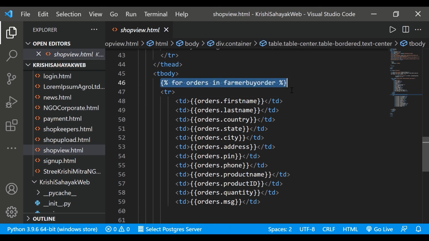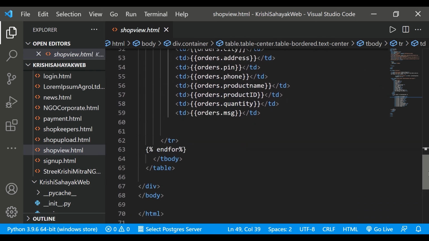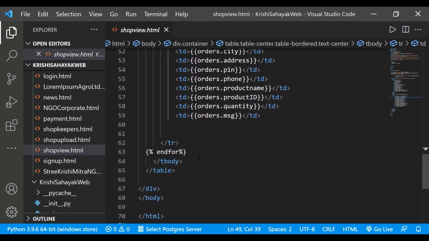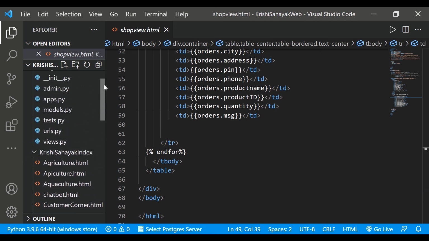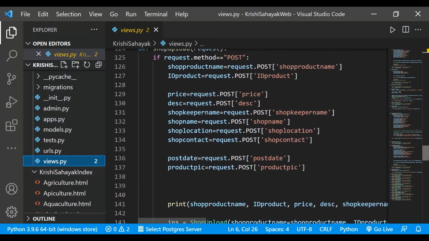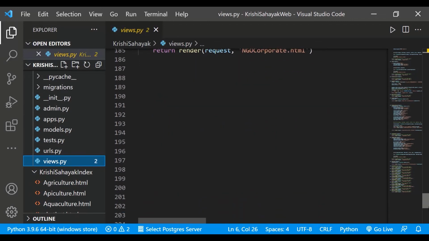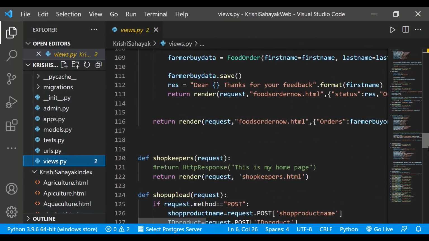First, I've used a for loop: for orders in farmer by order. Run this code, like bring the orders, fetch the data from the backend to the front end and show it. Then I have ended the for. So we go to the views.py and here I come to this page, shop upload.